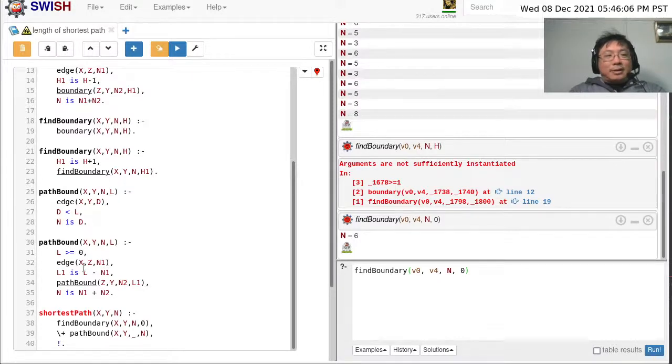Alrighty. So getting back to here, L1 is the new constraint because we have just used up n1 amount from my original constraint of L. So now I call path bound again and say, okay, we only have L1 left as our constraint. And then n2 is an unbound variable at this point because I want to find out, can I find a path between z and y within the constraint of L1? If so, I want to know what the length is, and n2 is the length of a path from z to y, and then the total length of the path from x to y in this case is just going